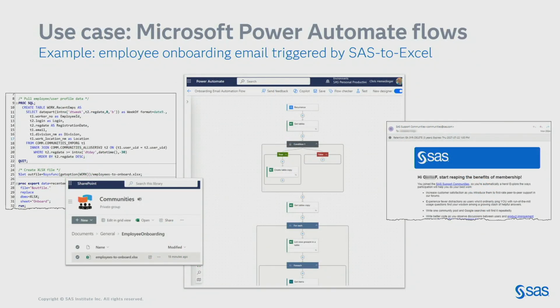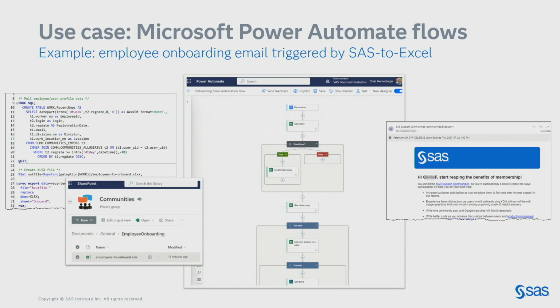Why do we want to do this? In addition to just getting the data into SAS, it also opens the door to more integration with our Microsoft 365 systems. So many of us are now using some of the Microsoft tools like Power Automate to trigger actions and create more complex flows where one end or the other is bookended by SAS, or data that comes from SAS or data that goes to SAS. And by doing this, we can use SAS to help populate data that then goes into a Power Automate flow.